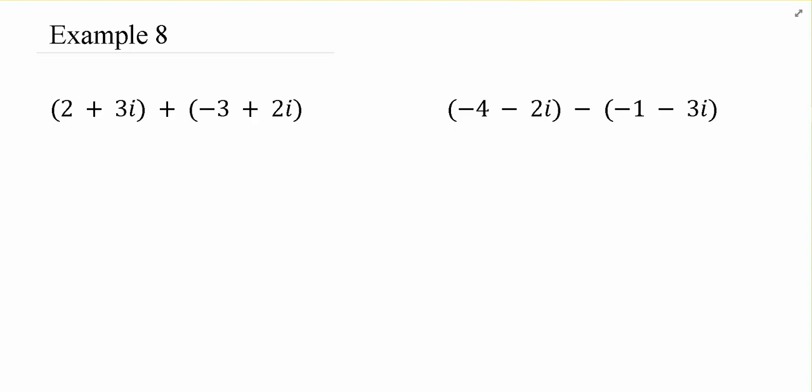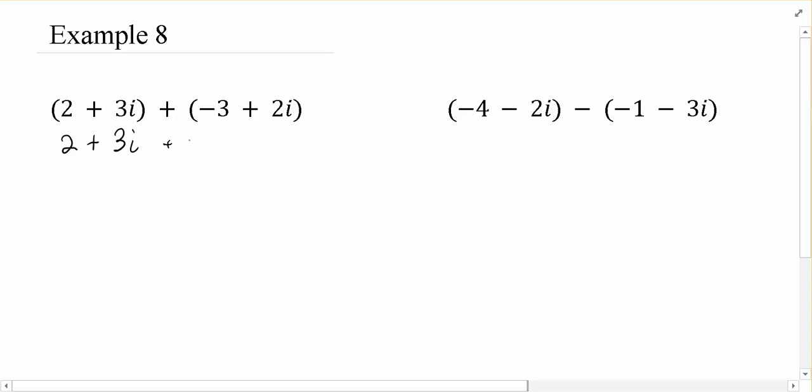So here's a couple examples of adding and subtracting with complex numbers. Now in this first example, I want you to notice that your parentheses are completely redundant because it's addition. This isn't multiplication. This isn't foiling going on. So we could really write this without. Now instead of plus negative, we could just think about this like minus 3 plus 2i, and that's just combining